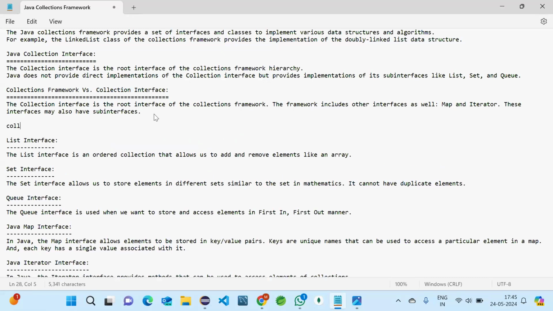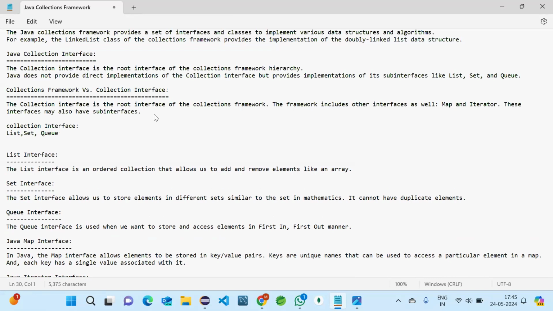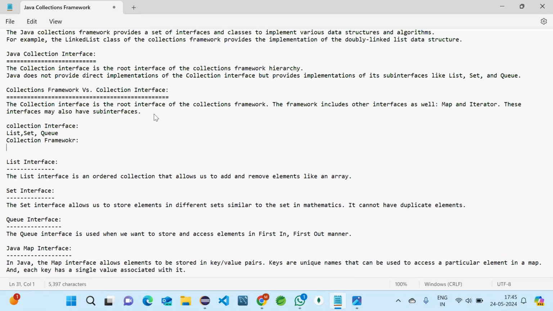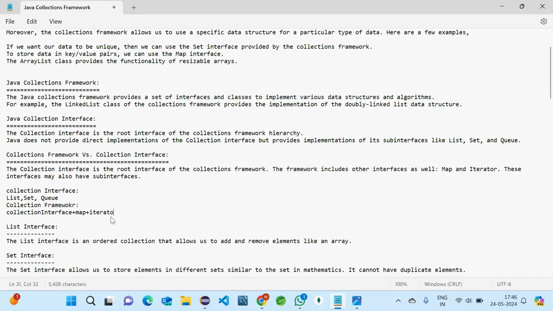I will write here: Collection interface, which covers List, Set and Queue. And Collection framework is Collection interface plus Map interface plus Iterator interface.